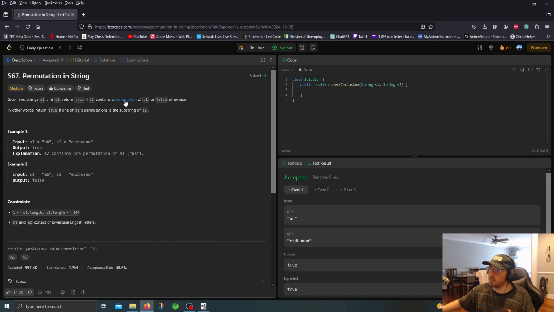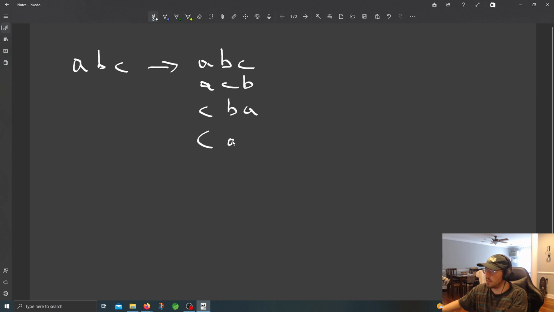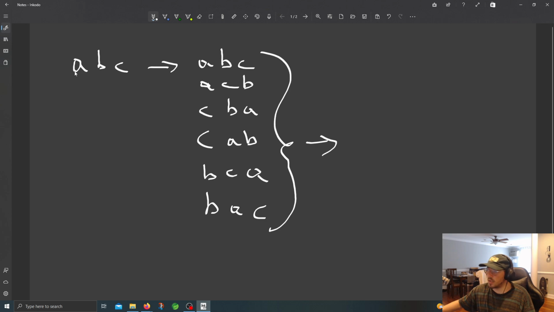So what is a permutation? All right, permutation, let's say we have A, B, C. Possible permutations are A, B, C, then A, C, B. Then we can put C first, say C, B, A, and C, A, B. And then we can put B first, and then have C, A, and then B, A, C. The number of permutations, in this case, if we consider all the numbers, is